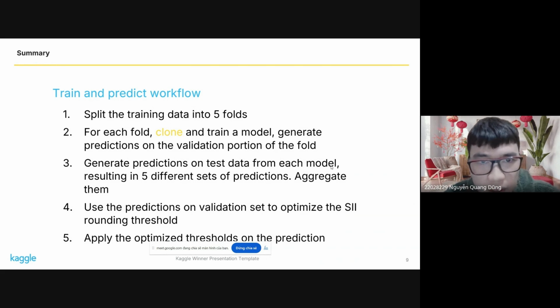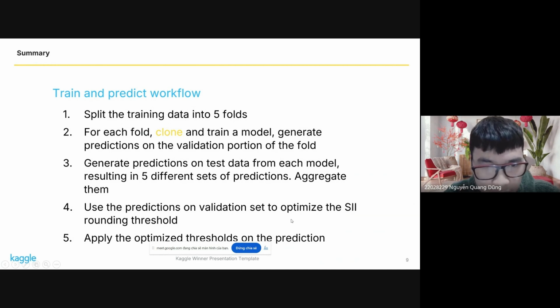Then for each fold, we clone and train a model, and generate predictions on the validation portion of the fold. Each model also generates predictions on the test data, resulting in 5 different sets of predictions. We then aggregate these 5 predictions by averaging them,